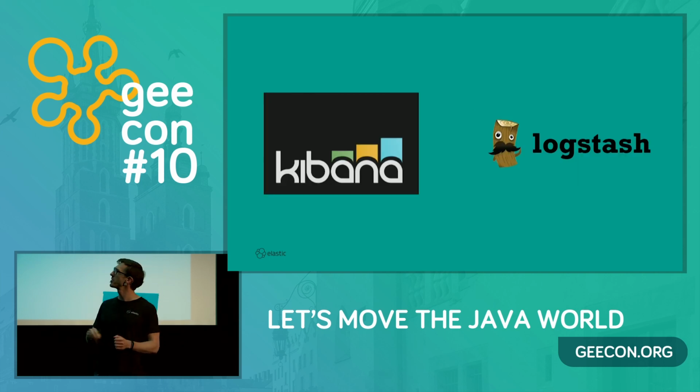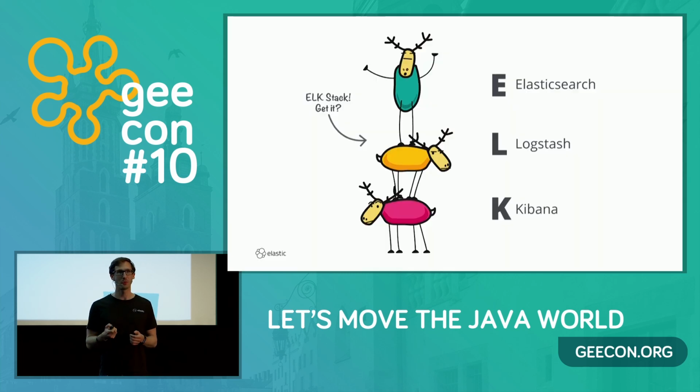So we have Kibana for the visualization and Logstash to get a lot of data. And that formed then the infamous ELK. So I guess that one makes it pretty clear. This is the ELK, and commonly referred to as the ELK stack. And then